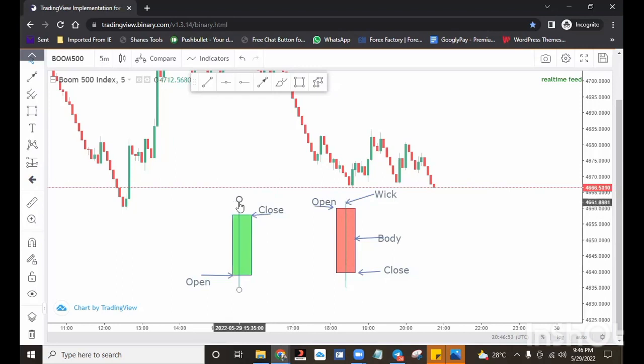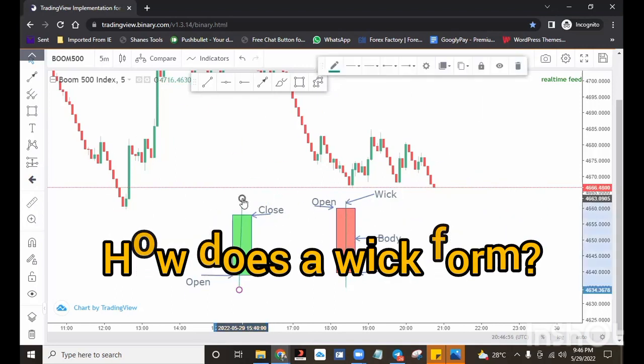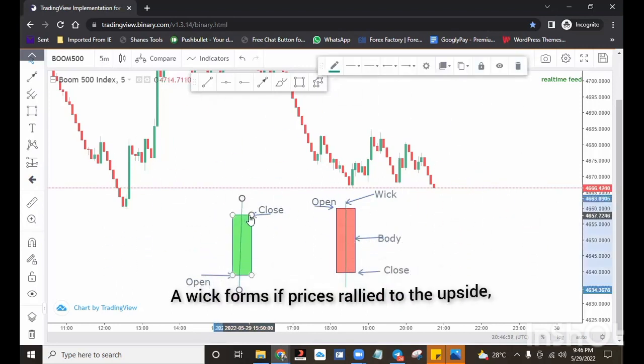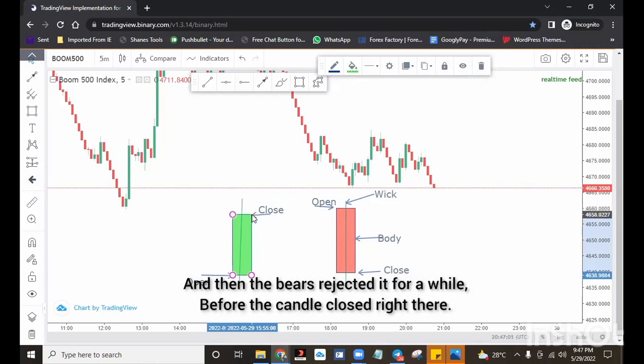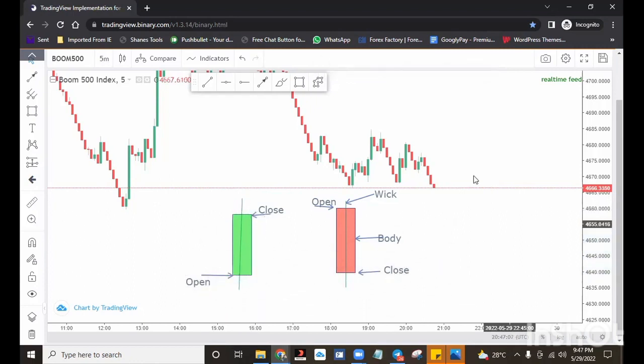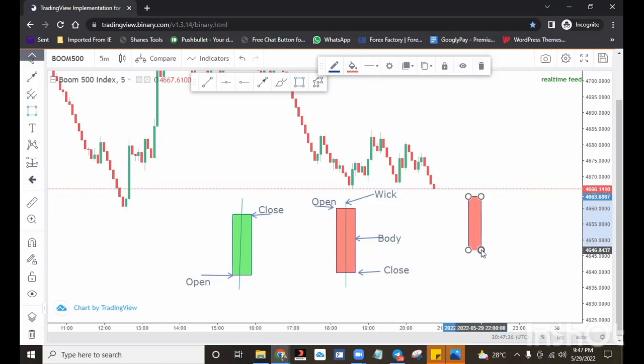Now, how does this wick form? What makes a wick form? A wick forms if price rallied to the upside, and then the bears rejected it for a while before that candle closed right there. For instance, let's use an example of a bearish candle since it's red. If a bearish candle opens here and the bears continue to push down, you wouldn't see any wick yet. But if the bears push deep down to an extent,